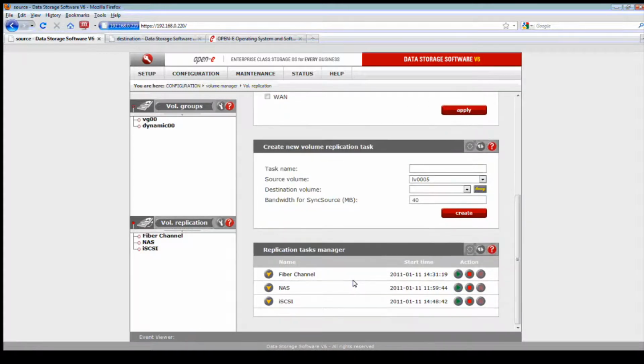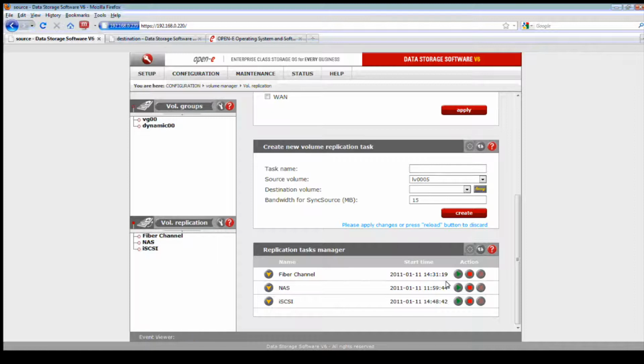And I want to show you something: when you create the task, you'll want to make sure your bandwidth settings are proper. So what John was asking, well, what do you recommend? Again, you have to define how much data you think. If you're going to be doing, let's say, a gig a day, with many different systems, you might look at a 10 gig. If you're looking at maybe a couple hundred meg a day, then 1 gig is fine. If you're doing a WAN, make sure that you have a good WAN pipe size. Or what you can do, and what I've done, is take my high priority, which is my iSCSI volumes, and set them for 40 megs.